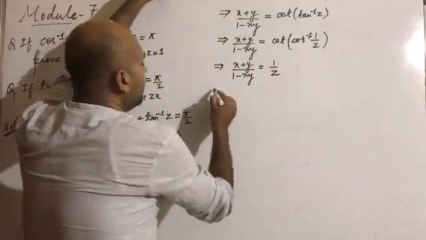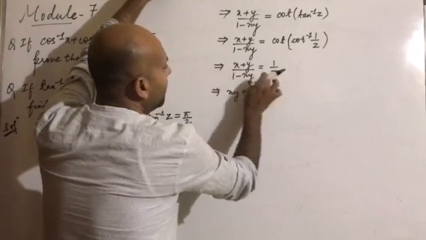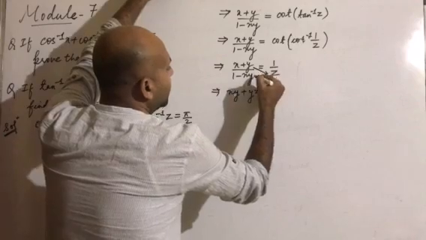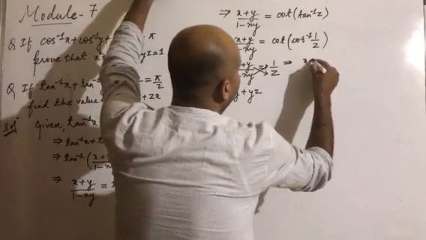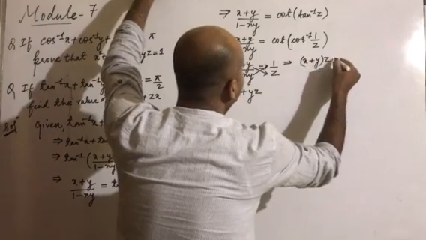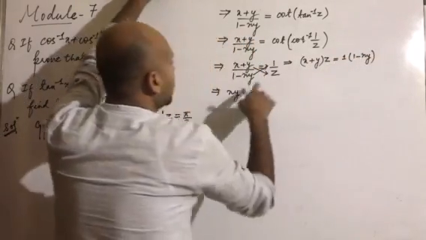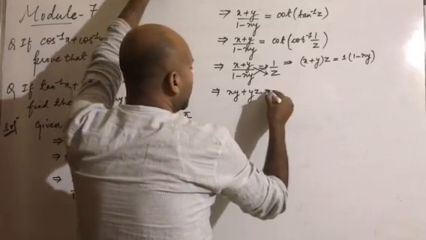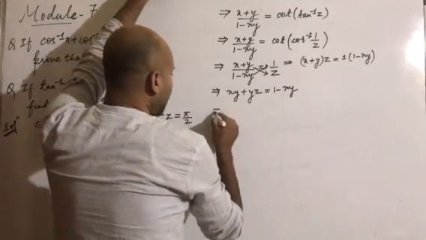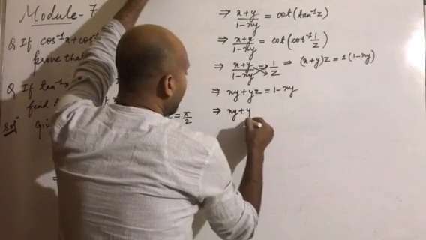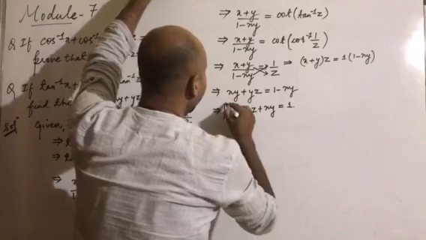Let us do the cross multiplication. So this will be equal to xz plus yz, because I am going to multiply z here, so directly I have done it. Shall I write the next step, or if you want I can do that also. So here x plus y will be multiplied by z, and then 1 will be multiplied by 1 minus xy. So the next line: xz plus yz is equal to 1 minus xy. If I take this xy to the left hand side, this will be xz plus yz plus xy equals 1, and I think this is the value which we need to find out.